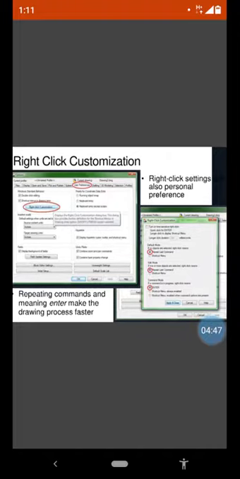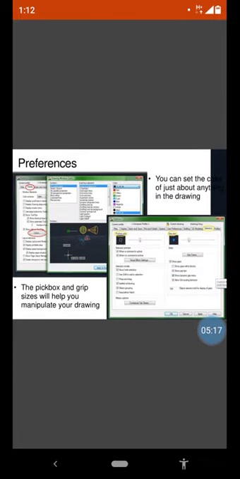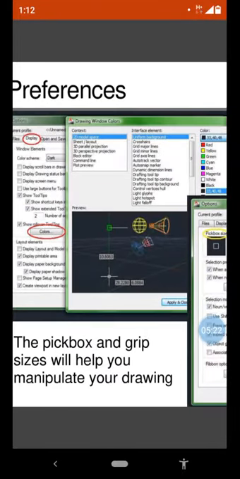Because of this, when you right click, you are able to select the commands that you recently opened. Whatever commands you open will be available in your right click, and from there you can select these commands very easily. This is the reason, because of this right click, so much of your time is going to be saved.